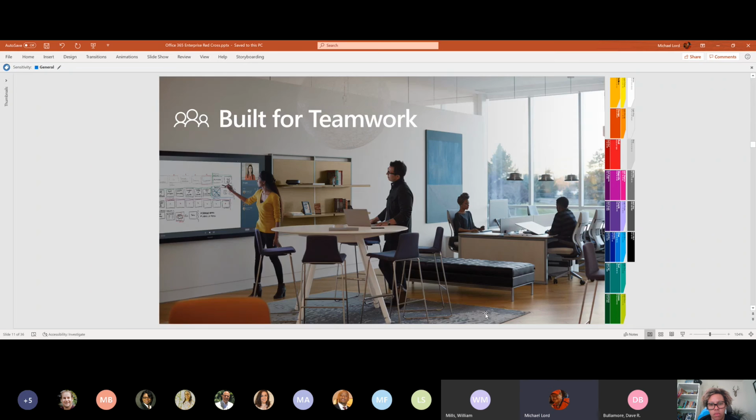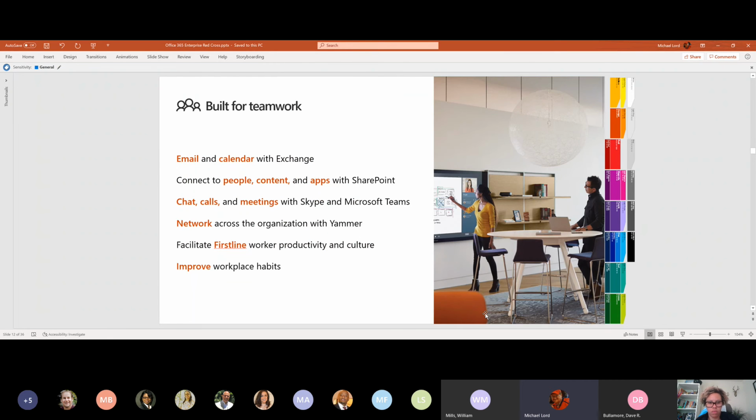So kind of skipping down to some of the points here, we'll get into teamwork. In terms of teamwork, we're going to talk about the traditional email and calendaring perspectives, but also some of the new capabilities. The interesting problem that we deal with today is that we have 5 generations in the workplace at one time, and different individuals deal with communication in a different way. So you are significantly less likely to see someone entering the workforce now using traditional communication technologies like email. It's just not typically done amongst the newer generations entering the workforce.